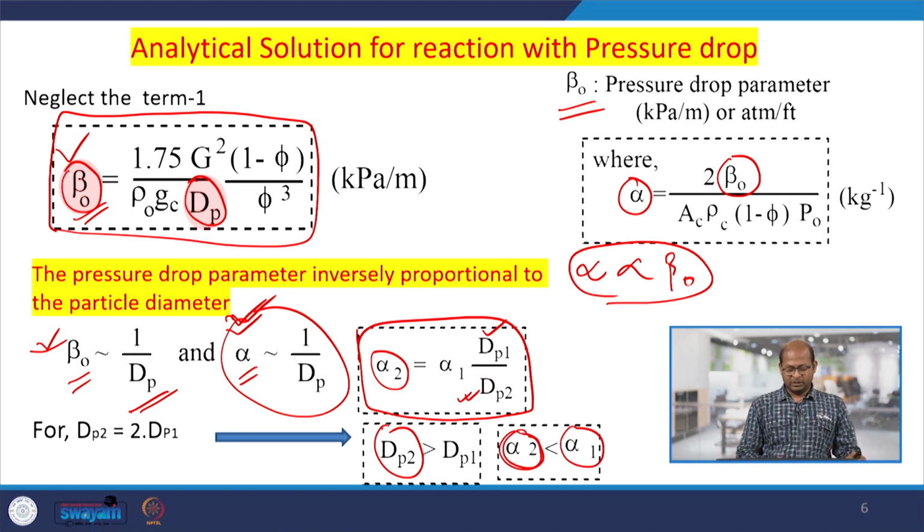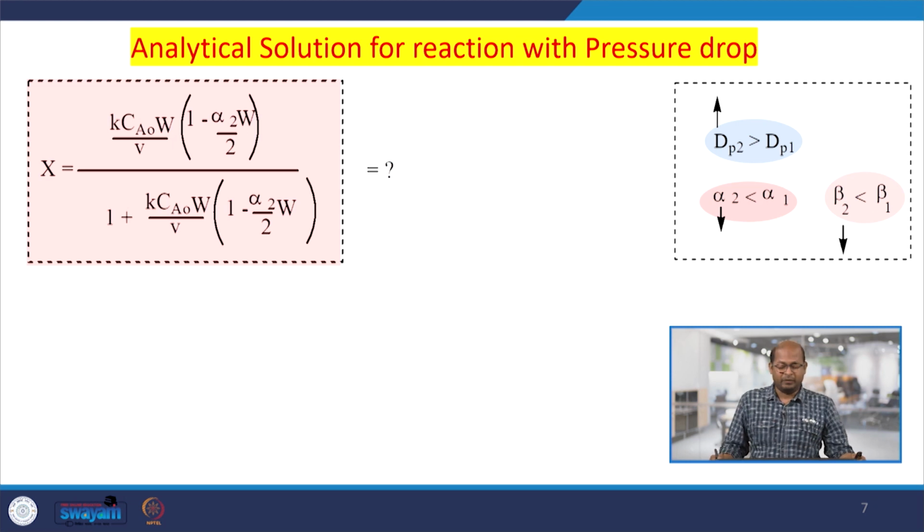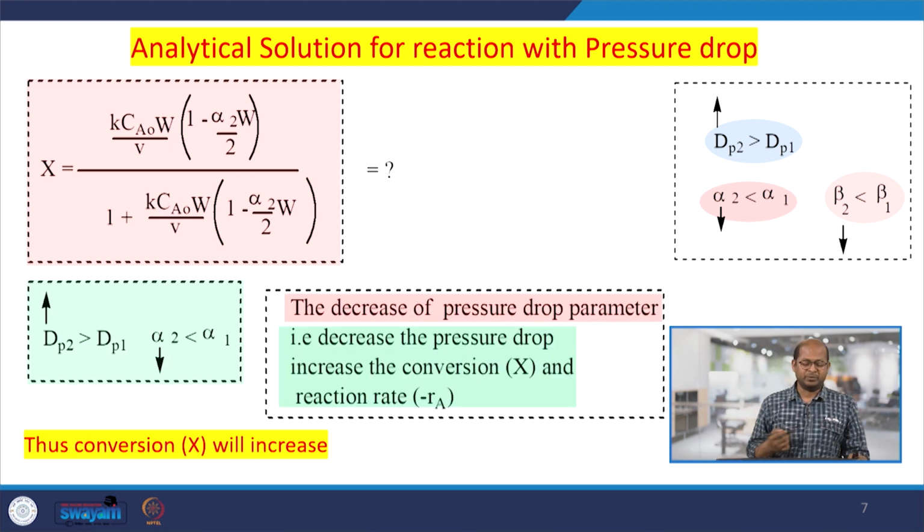Okay. So, this is dp 2, particle size having larger diameter, here particle size is smaller diameters. Okay. So, this is the condition. So, under these conditions we are considering. So, what would happen in the conversions and other parameters, that this is the equations that we have discussed in